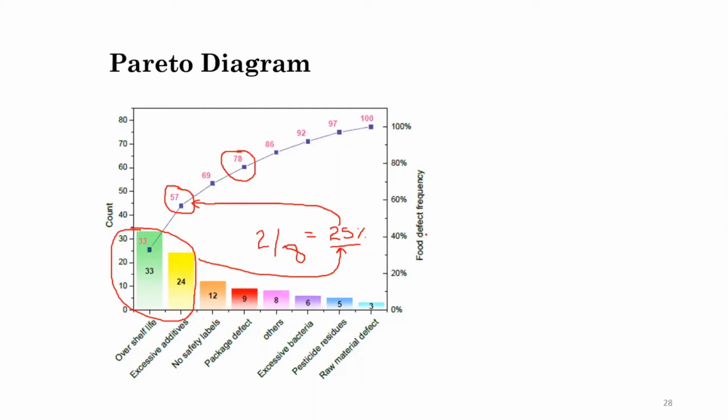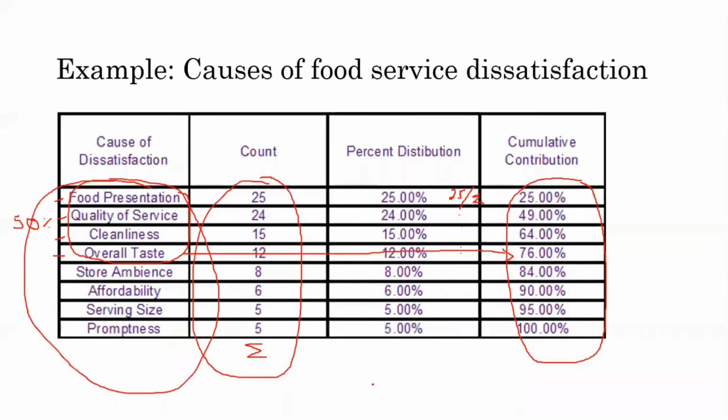የምግብ ዲፌክት ስለሆነ እዚህ ሁለቱ ላይ ብቻ ብንሰራ ኦቨር ሼልፍ ላይፍ ያላቸውና ኤክሰሲቭ አዲቲቭን ለማስቀረት ብንሰራ we are focusing on only 25% of the causes but the ultimate result would be more than 50%. እዚህ ይሄን ማይንድ ሴት ለመፍጠር ነው ፓሬቶ አናሊሲስ የሚሰራው ማለት ነው identifying the critical few. Now these two would be the critical few የምንላቸው ሁለቱን ይሆናሉ ማለት ነው whereas the rest they are known as the trivial many ቅድም